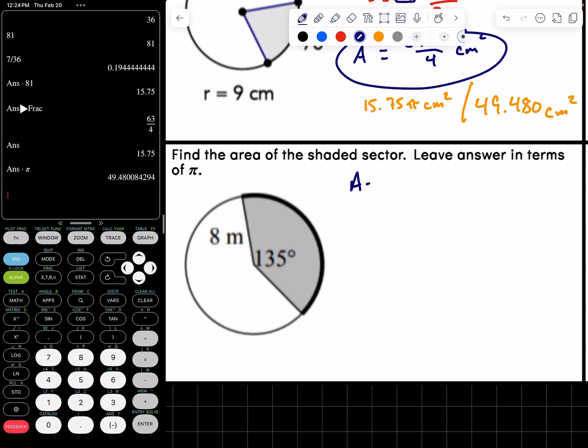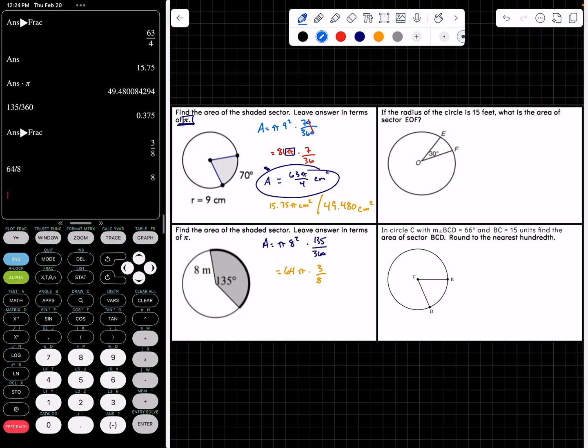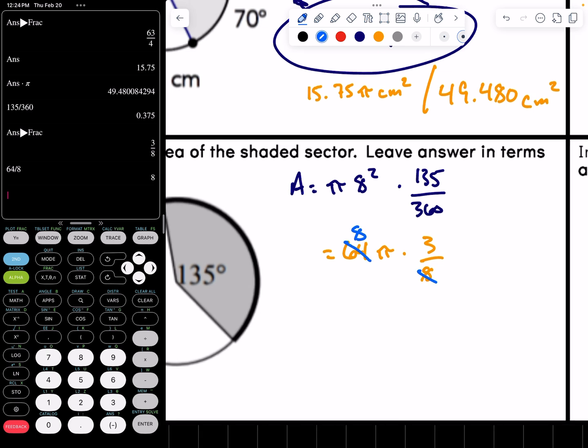Okay, so again, our area equals pi r, which is 8 squared times 135 over 360. We've got 8 squared, which is going to be 64. So 64 pi times 135 divided by 360. Math frac. We've got 3 over 8. Not 8 over 8, excuse me, 3 over 8. And I actually can see 64 divided by 8 is going to be 8. So I could do some canceling out here. That's going to leave 8 on top. So we are going to actually have 3 times 8, which is 24 pi meters squared